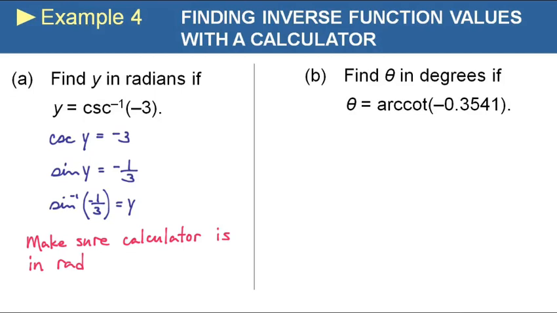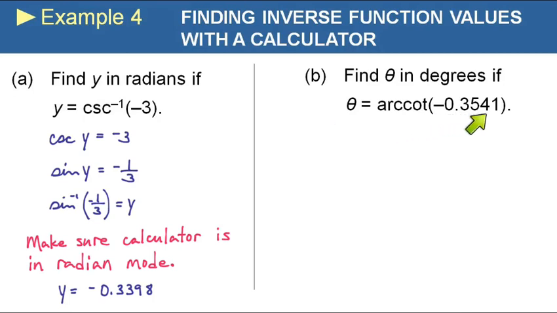Make sure your calculator is in radian mode because they asked us to get the answer in radians. And when you do, y equals -0.3398. I hope you'll actually try that on your calculator and make sure that's what you are getting. Okay, part B says find theta in degrees if theta equals arc cotangent of